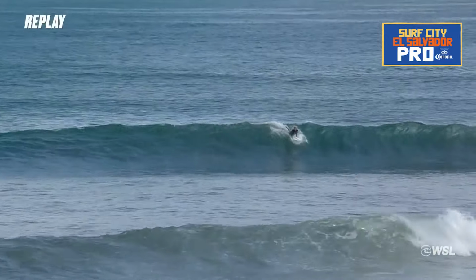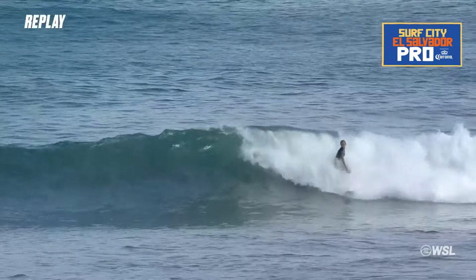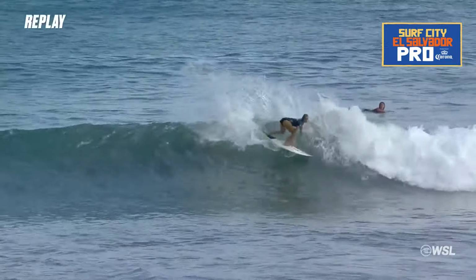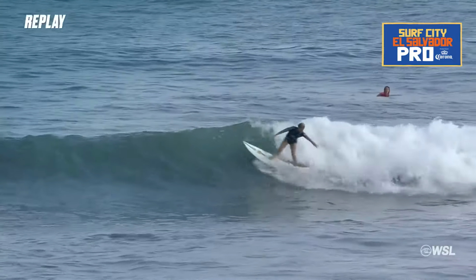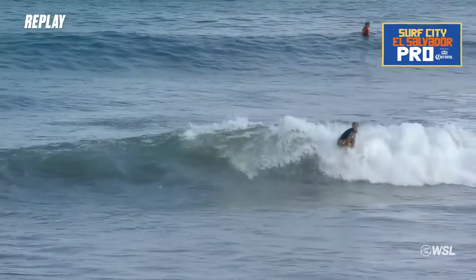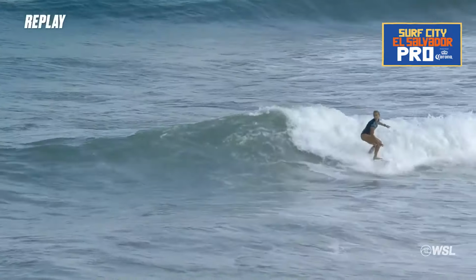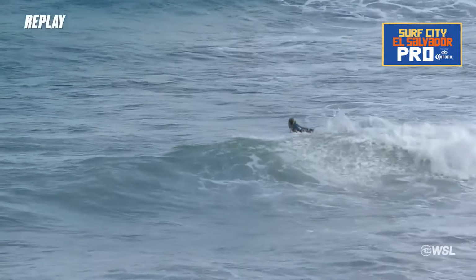Critical section, therefore it's going to draw bigger points. So this is good surfing. I mean, this is what I want to see. I want to see her go more up into the lip and not cut that turn so short. So it's good surfing, but yeah, she's definitely going to need a bigger wave here, and she's going to need to get back out the back and sort of force Caroline's hand here because this heat's ticking away. Yeah. Or she's going to need to...